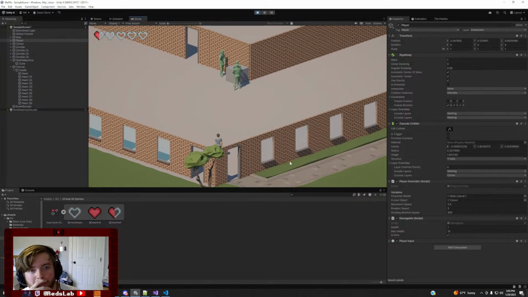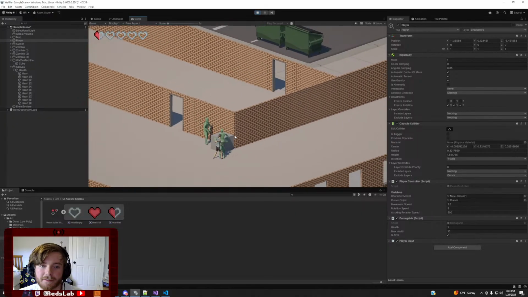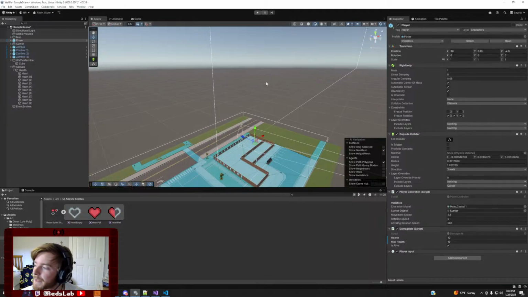Okay. There are some zombies hitting that. We're gonna slap you guys dead. Oh, and I walked in front of his punching. Very nice. Well, there we go. There is a simple health UI